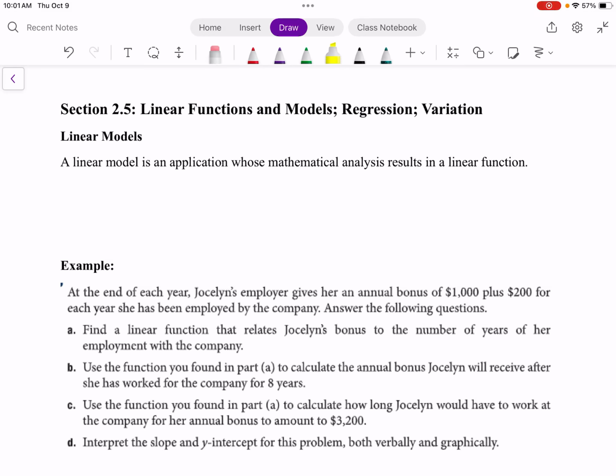In this section 2.5, we will talk about linear functions, models, regression, and variation. In our last two sections, we defined functions. We had different types of functions, and we know how to graph those functions. Now in this section, we will use the linear function to